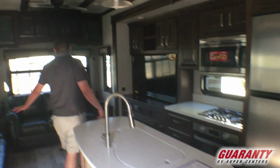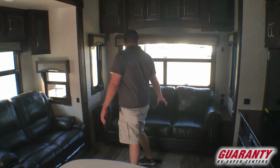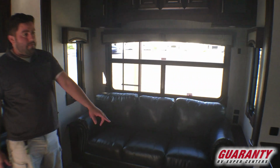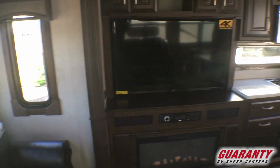And as you come in here, it's a rear living setup with a nice big window, a couch here that converts into a queen bed. You have a fireplace, huge 4K Ultra TV, the table and chairs dinette,